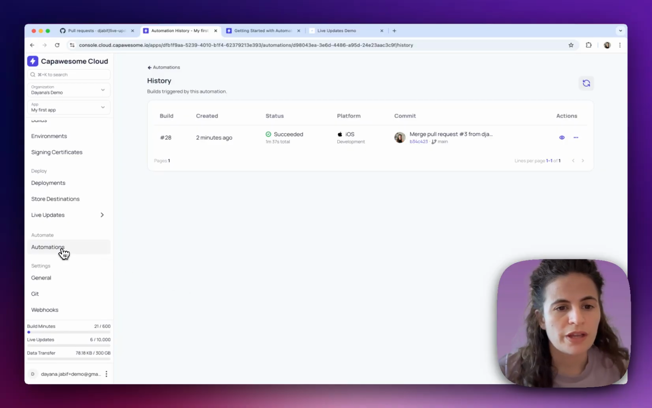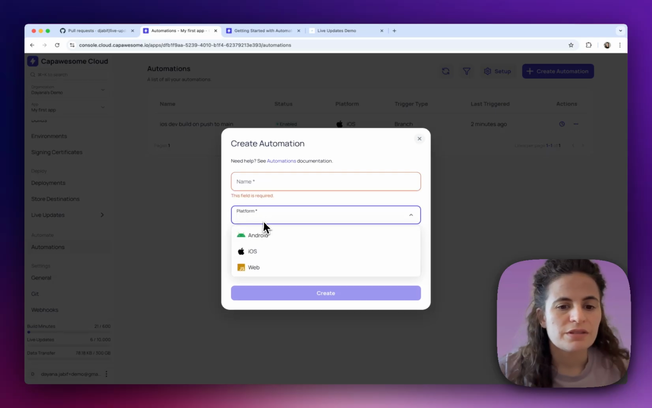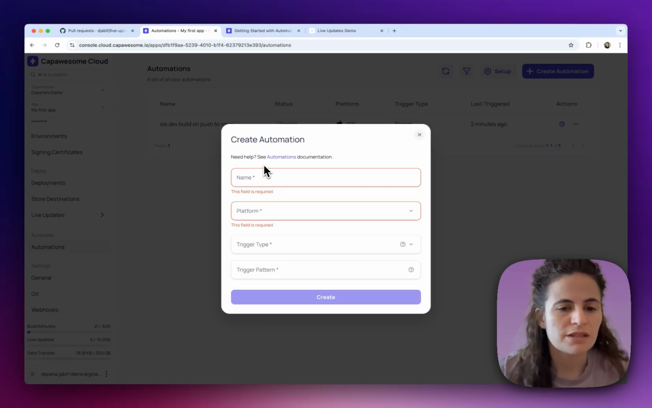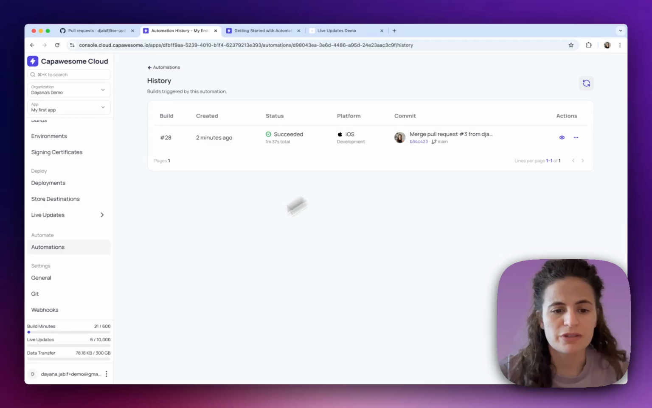So that's all for automations. Of course, you can create different automations for your different platforms and your different environments. There are different recipes that you can follow, for development, for testing, for production. You could even have all your production workflow created in the automation, like create the iOS and Android binaries, then deploy them directly. If you select here,